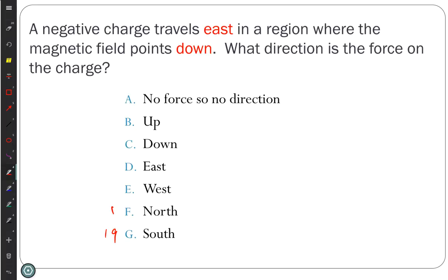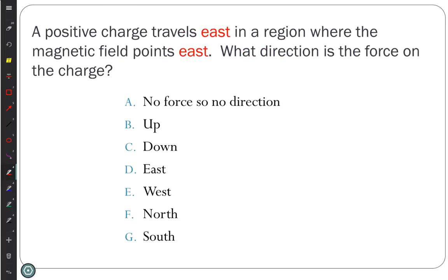Perfect. Last of our clicker questions for today. A positive charge travels east in a region where the magnetic field points east. So now we have